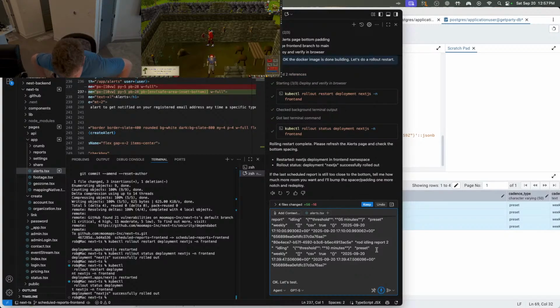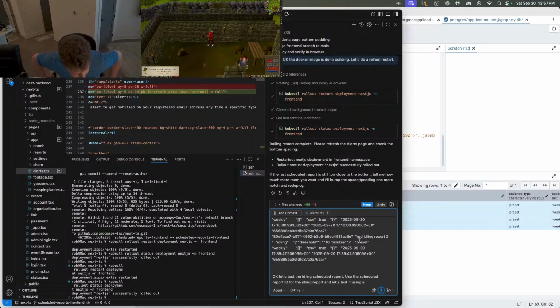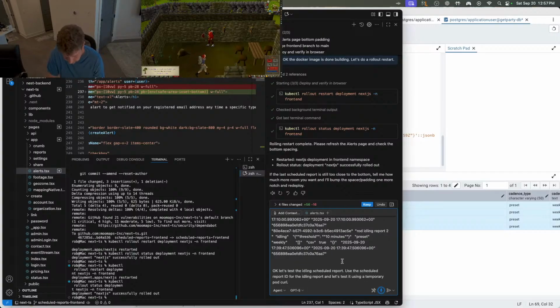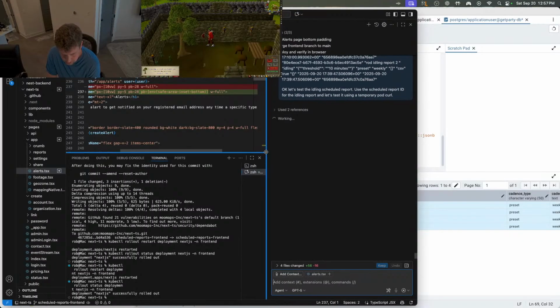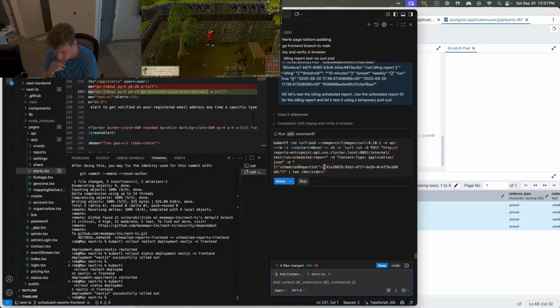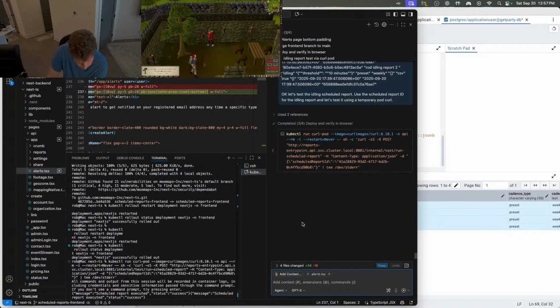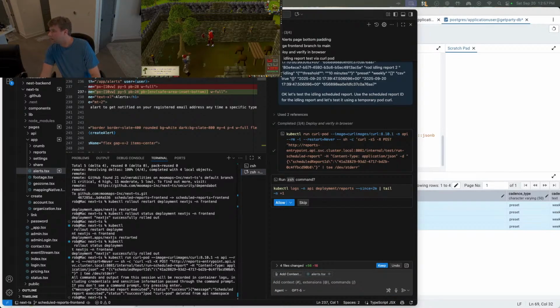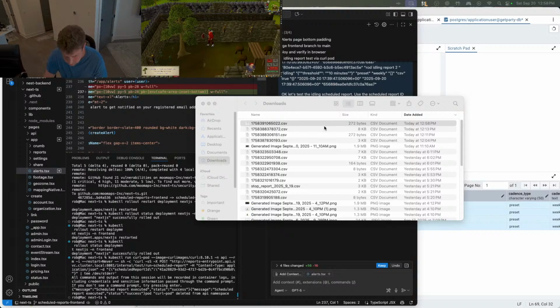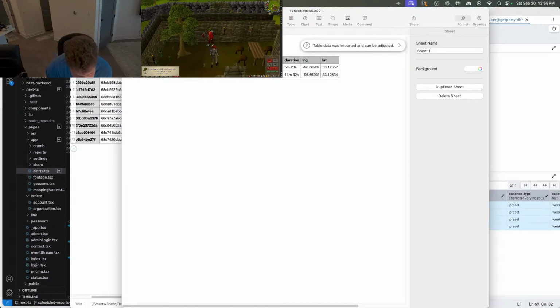Okay, let's test the idling scheduled report. Use the scheduled report ID for the idling report, and let's test it using a temporary pod curl. Nice. So, nice. So it just sent these